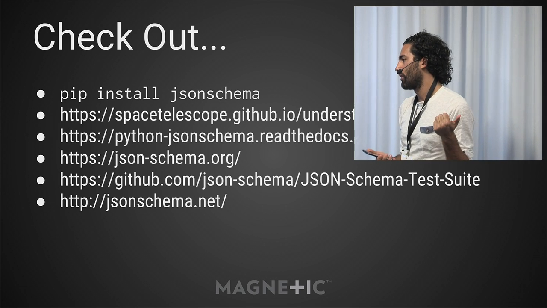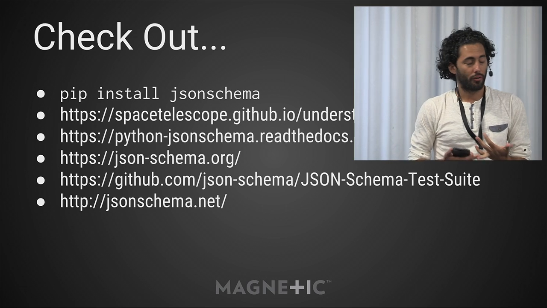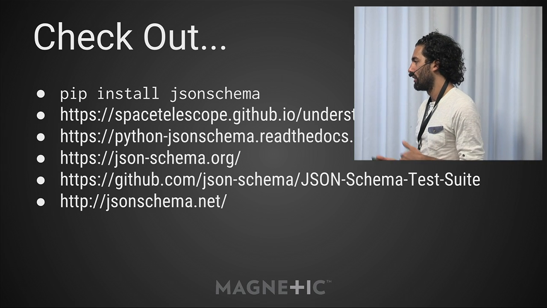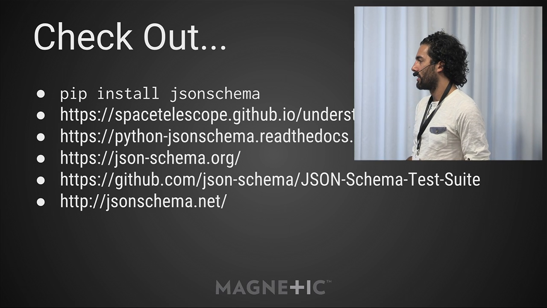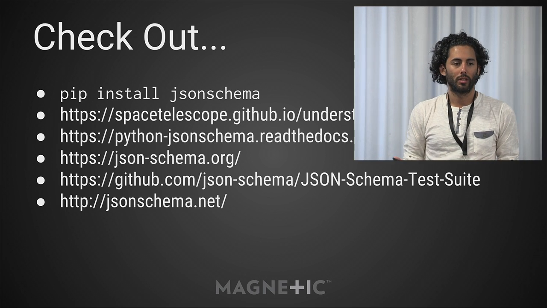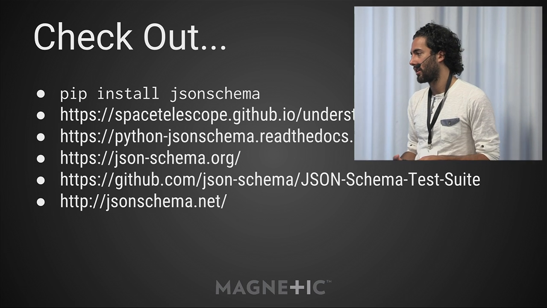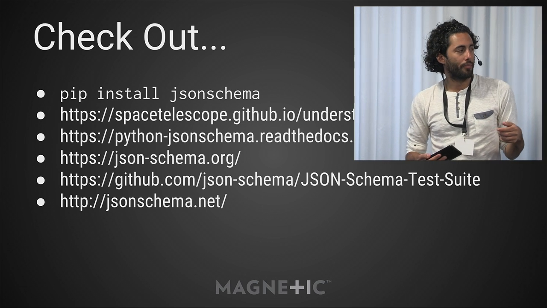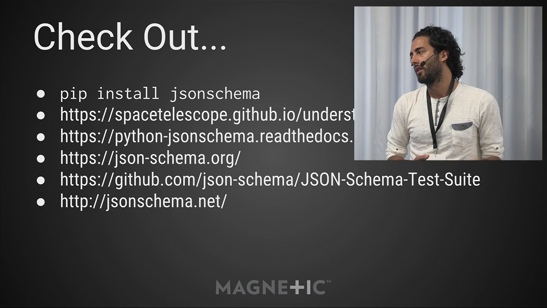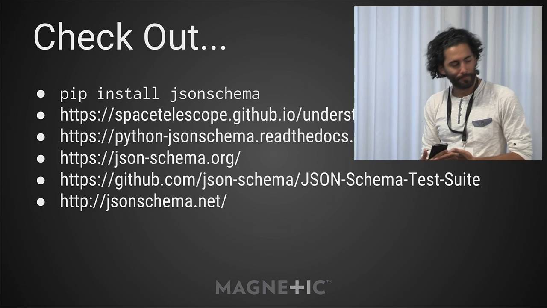The fifth link there is of less interest to people who want to use JSON schema to validate things, but that's a cross-language, cross-platform test suite, most of which I wrote, which basically allows you to write validators in any language you'd like. And then the test suite will basically give you a bunch of valid and invalid cases that are theoretically comprehensive, although if you find cases where the test suite is lacking, please let me know. But it'll basically give you a suite of examples for each of the validators, for each of the drafts. And if you validate under all of those, your validator probably works, at least in some sense.